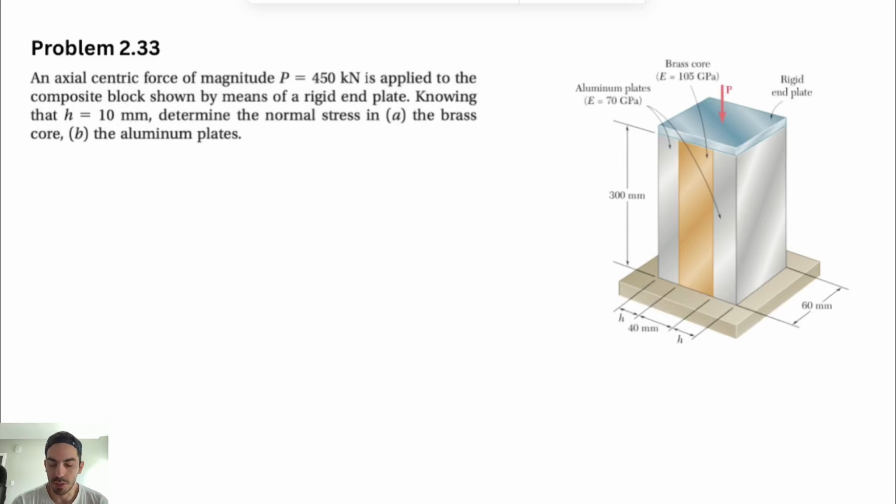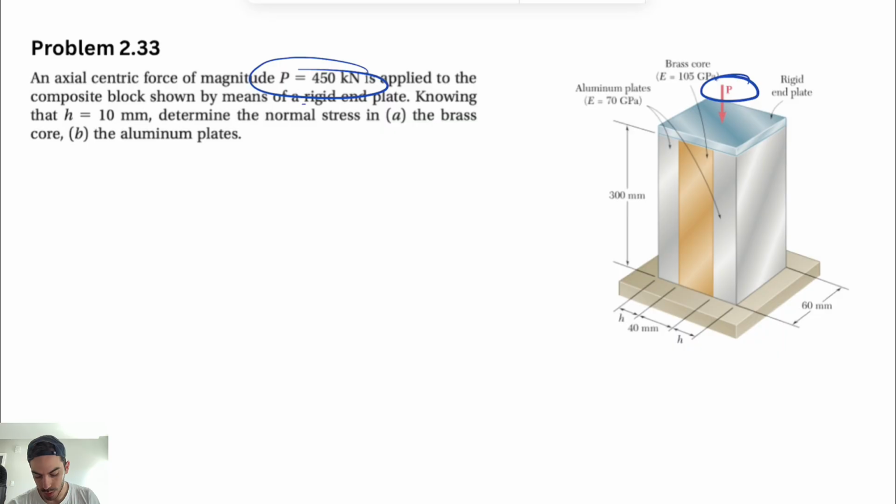Alright guys, welcome back. We're going to be solving another question from the second chapter of Mechanics of Materials by Beer and Johnston, and we're going to have question 33, where we have an axial centric force of magnitude 450 kilonewtons which is applied at the top of this plate, and this force would be